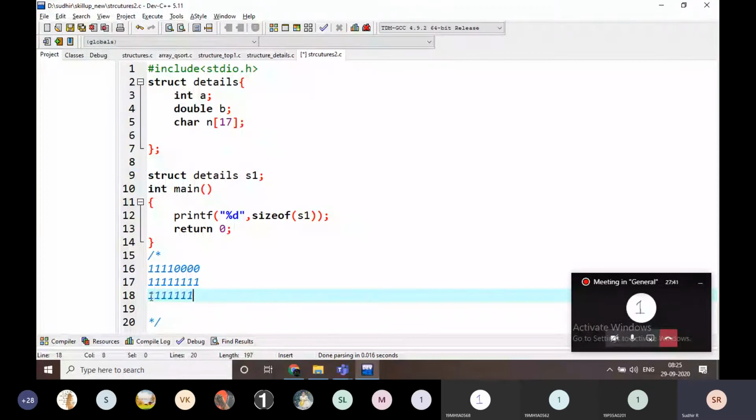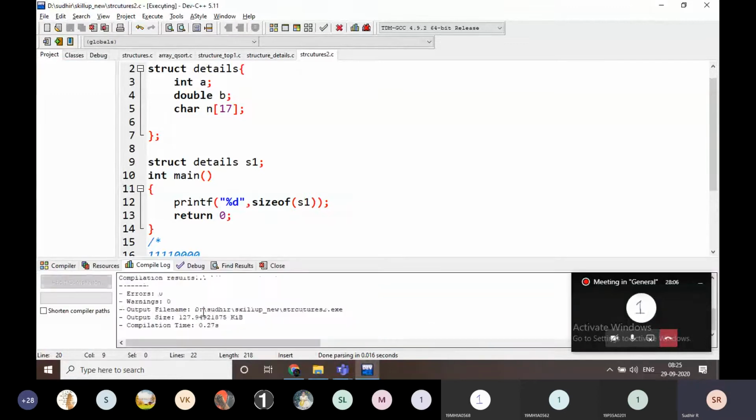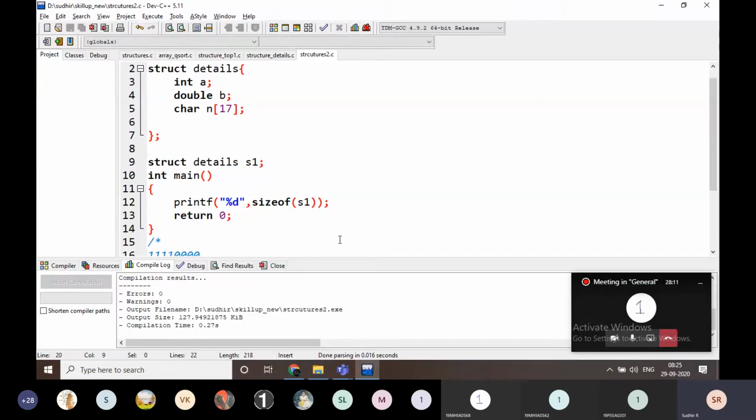That's why it is going to take the first 8 characters, the second 8 characters, that is 16 characters, then one more character, 1 0 0 0 0 like this. Total how many bytes is it going to be? 1, 2, 3, 4, 5. 5 8s are 40. The output is going to be 40 here.